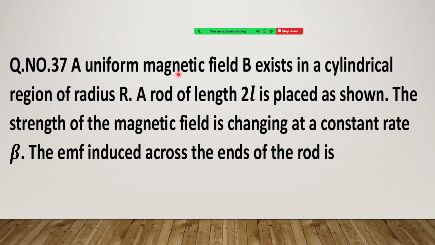A uniform magnetic field exists in a cylindrical region of radius r. A rod of length 2L is placed as shown. The strength of the magnetic field is changing at a constant rate beta. The EMF induced across the ends of the rod is,